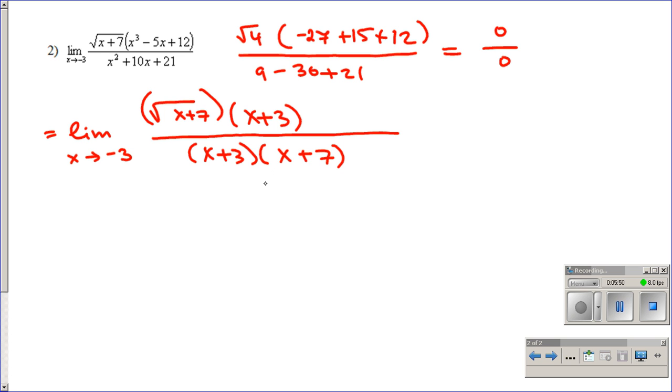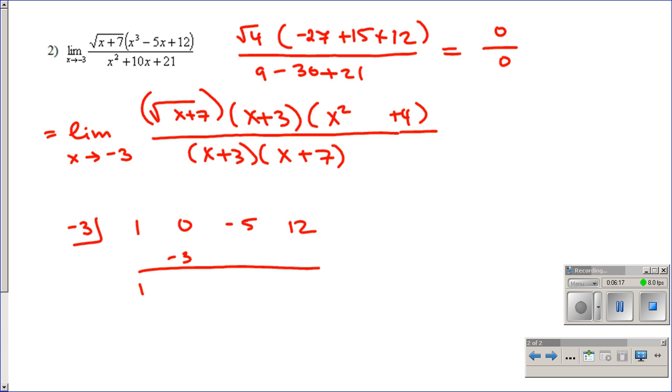You can quickly FOIL this, distribute this in your head and just make sure that the middle term comes out to be 10x. And then over here, I know that I will start with an x squared. I know that I will end with a plus 4, and I just have to figure out my middle term, so I'll use synthetic here. So I'm only going to do it for the third. Again, we're missing a term, the x squared term, so I'm going to have a 0 in there. And there we go. Okay, great. Again, very nice to see that our end term is matching,